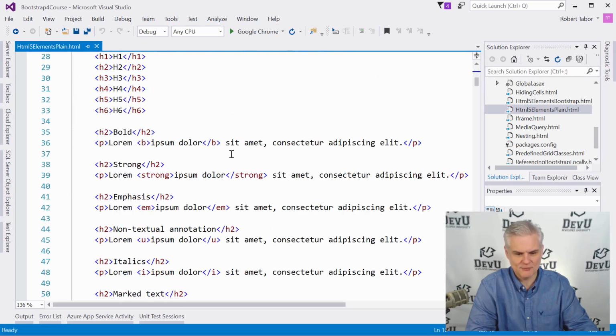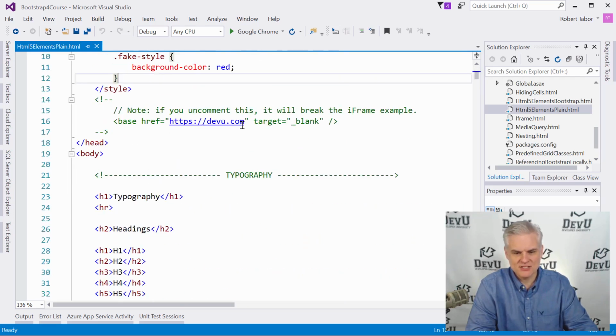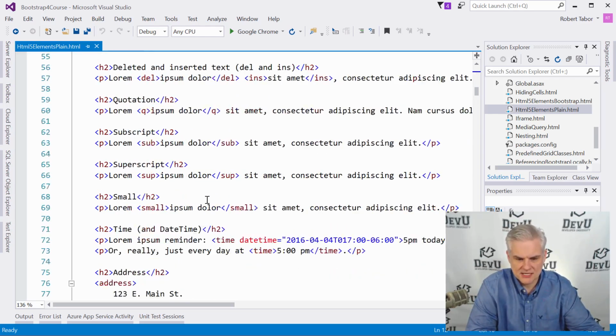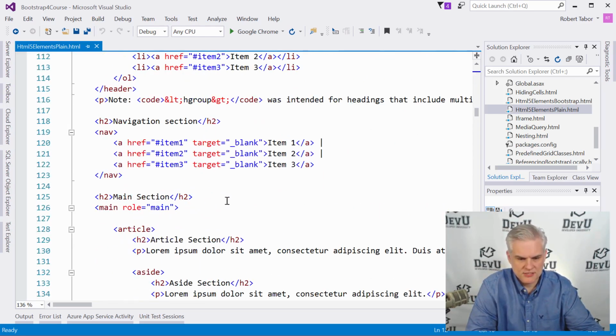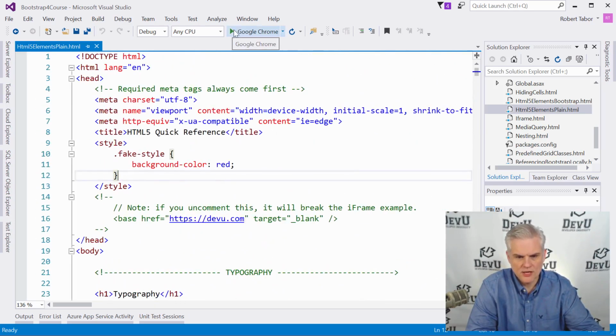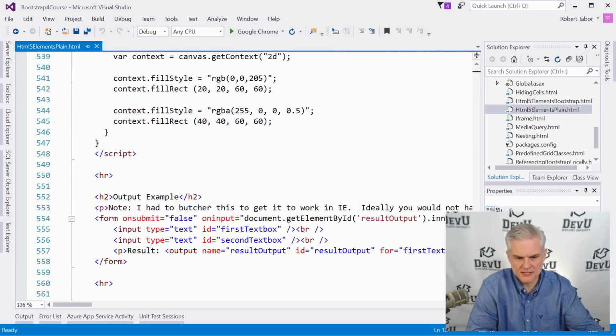I probably could create a better name for it. But I essentially used every single element that's defined in the HTML5 specification, with maybe 1 or 2 exceptions, but not that many exceptions. It's a pretty large page here. And so, for example, there are some parts of it that are only